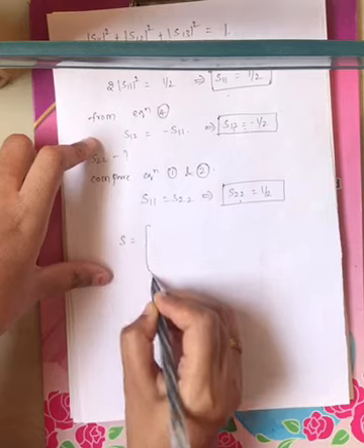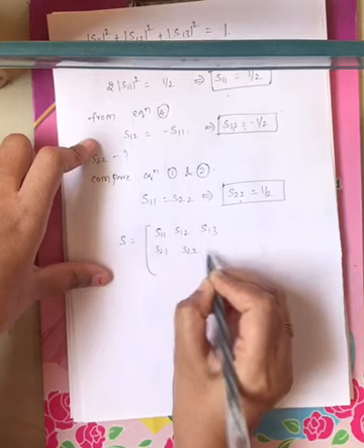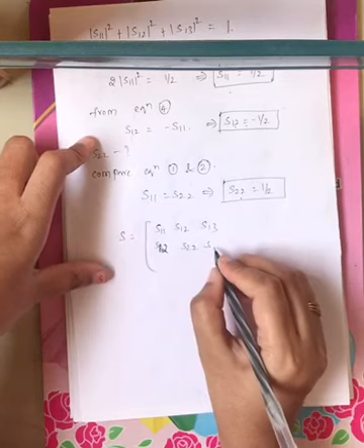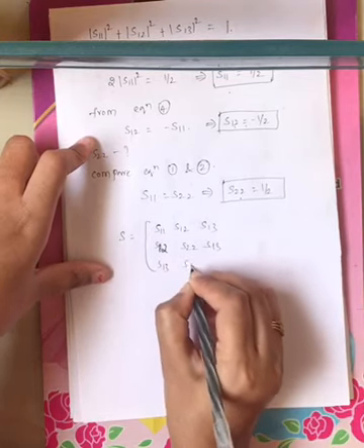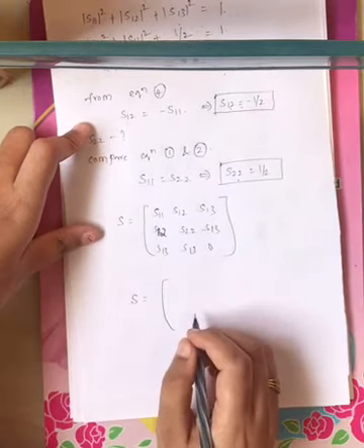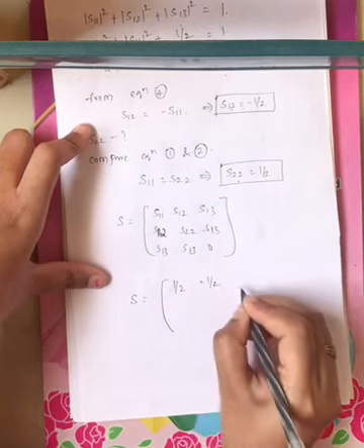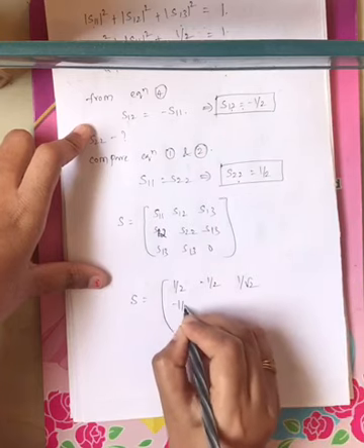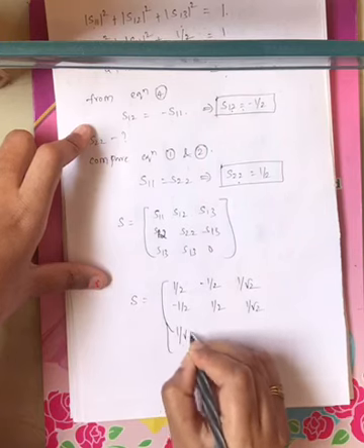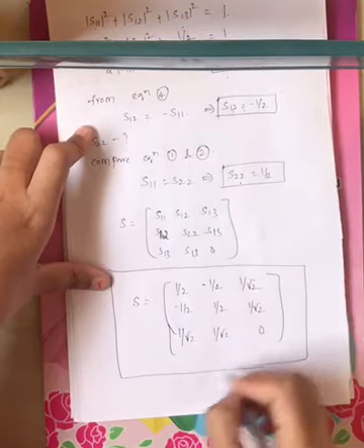Now the S matrix is S11, S12, S13; S21, S22, S13; S13, S13, 0. Now if I substitute all the values, what is the value of S11? Half. S12 is nothing but minus S11, that is minus half. S13 is 1 by root 2. S21 is minus half, S22 is half, and S13 is 1 by root 2, 1 by root 2, 0. Now this is the S matrix of the H-plane T junction, right?